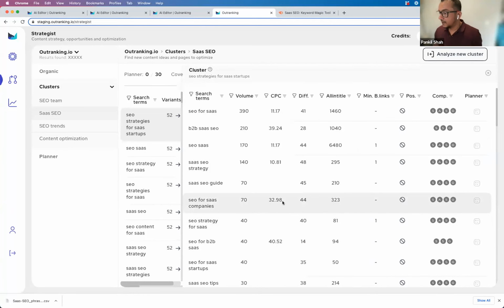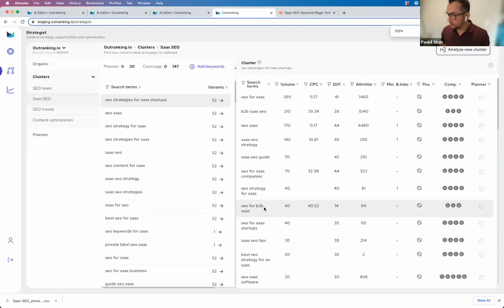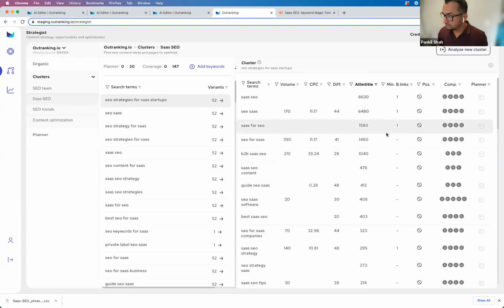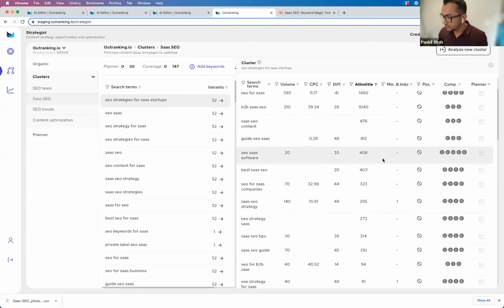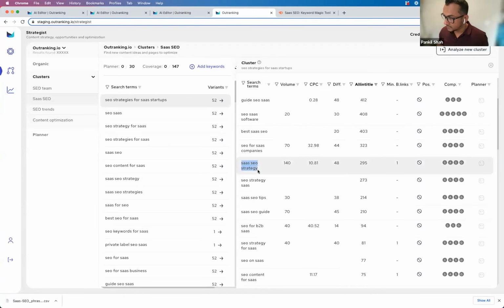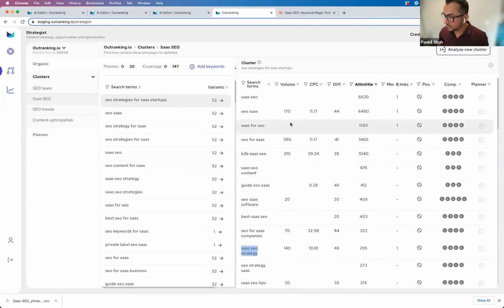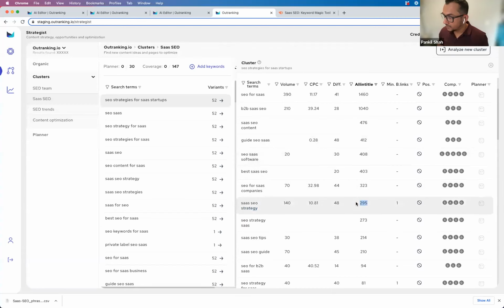Let's click here. And in this expanded view, let's go ahead and see this. Okay, you can drill down now, and let's say, if this is your criteria, you can get to and see SaaS SEO strategy 140, which is close to this and probably this, but very few people have this in exact title. Only one backlink. My difficulty is also 48, and there are 4 people. I could give it 5. There are 4 people ranking for it. I'm going to easily replace one.